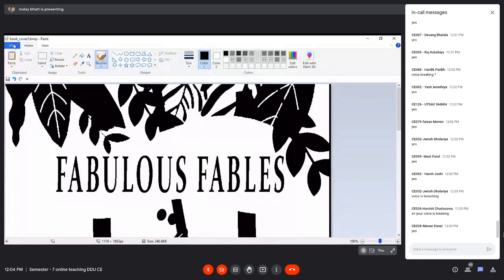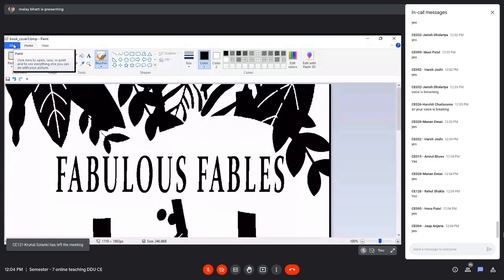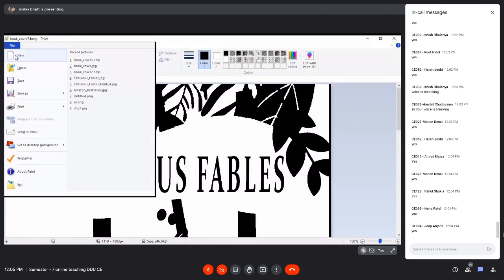Are you getting the point? It is a pure monochrome image, only two colors, black and white. So the value of k is equal to 1 here, and 2 raised to 1 is 2. You can see the size of the image is reduced. It is a BMP image, 246 KB.